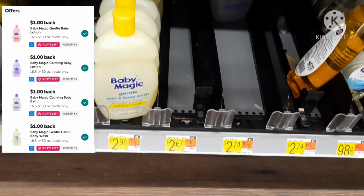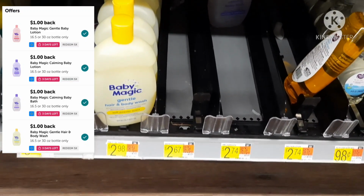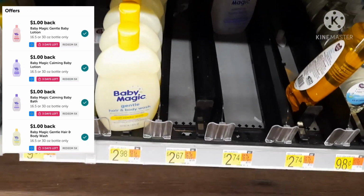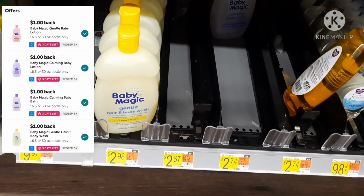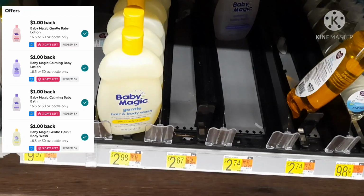It doesn't expire until, I think, April sometime. Like I said, I don't know. I lost my coupons. That's why I'm not doing this deal. I think I threw them away. I'm very, very upset because this would have been a great addition to my basket I'm making for the baby